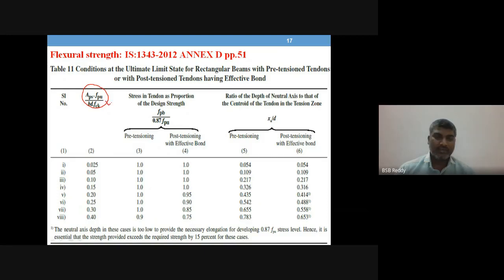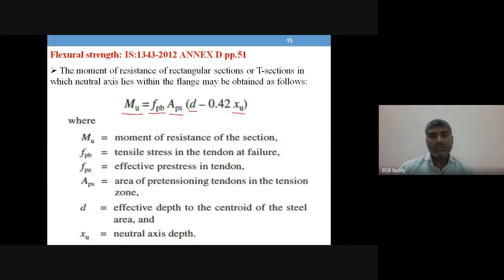For a particular value of this, you have to read these values from the table and find FPB and XU to substitute into this equation to get the moment of resistance of rectangular sections or the flanged sections where the neutral axis